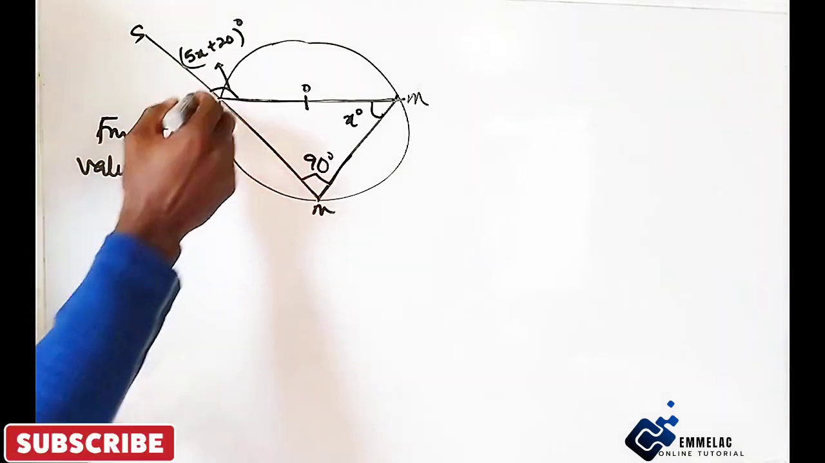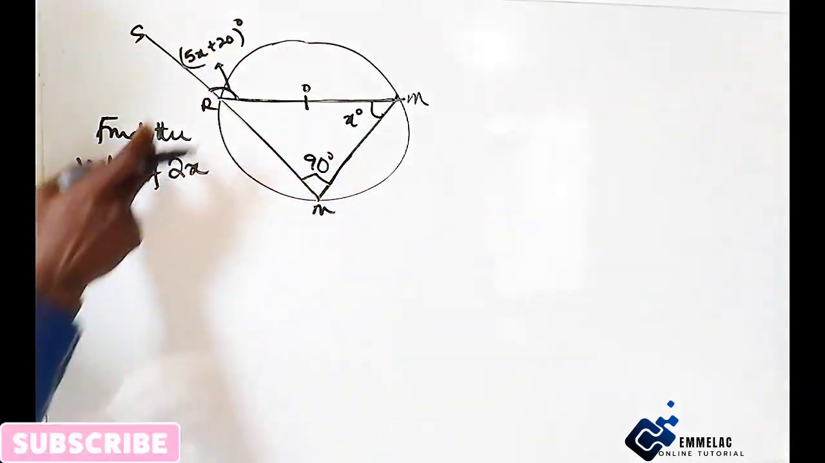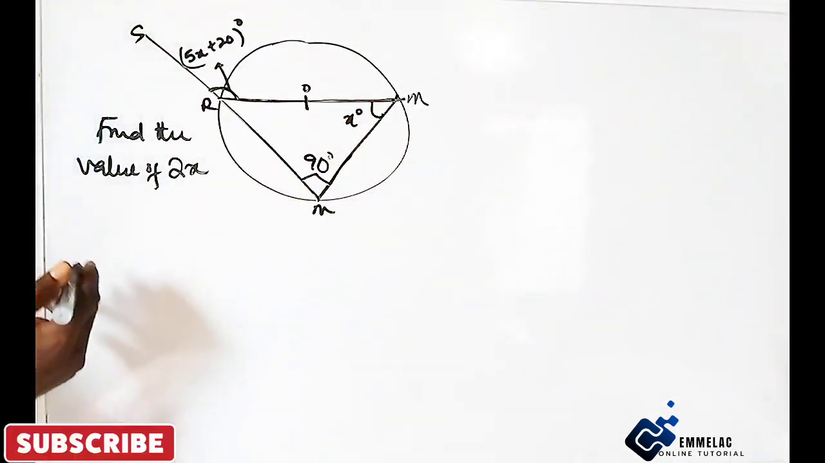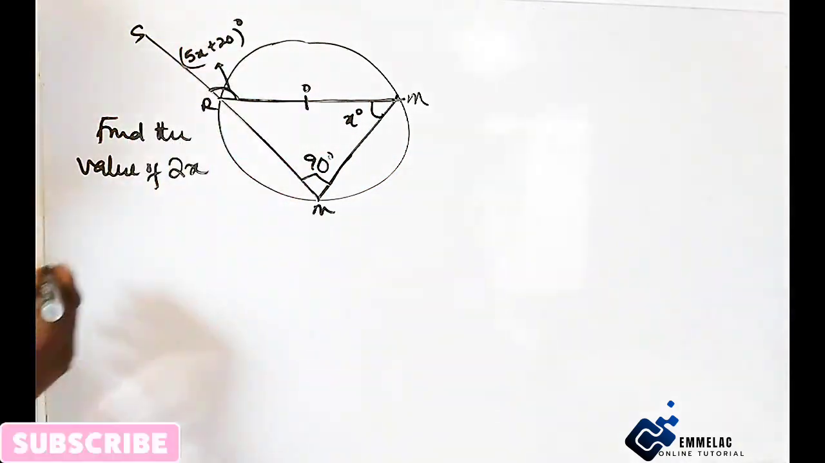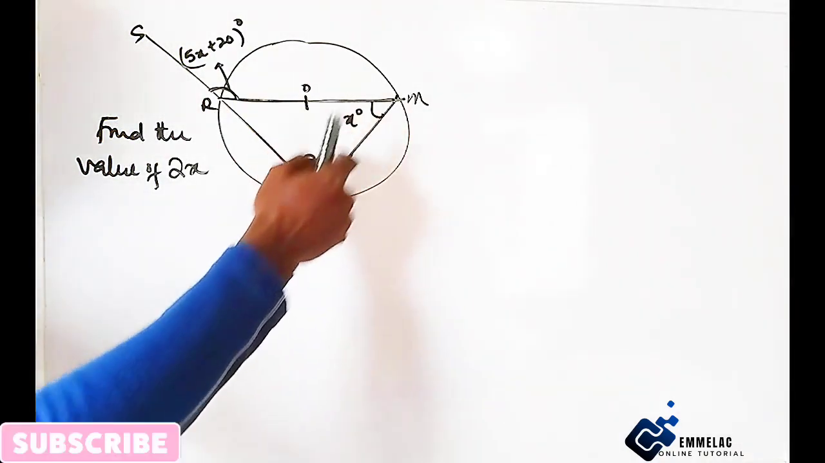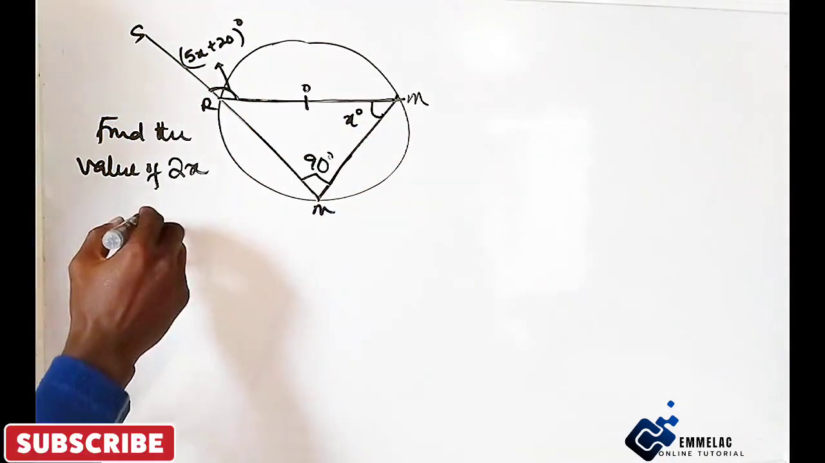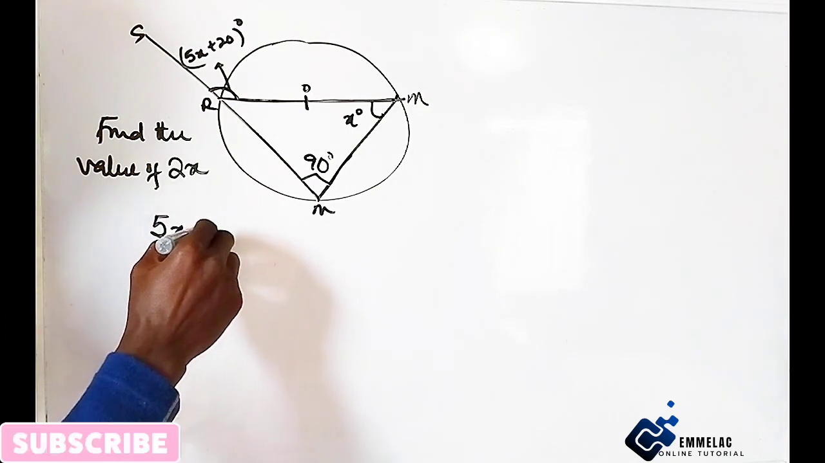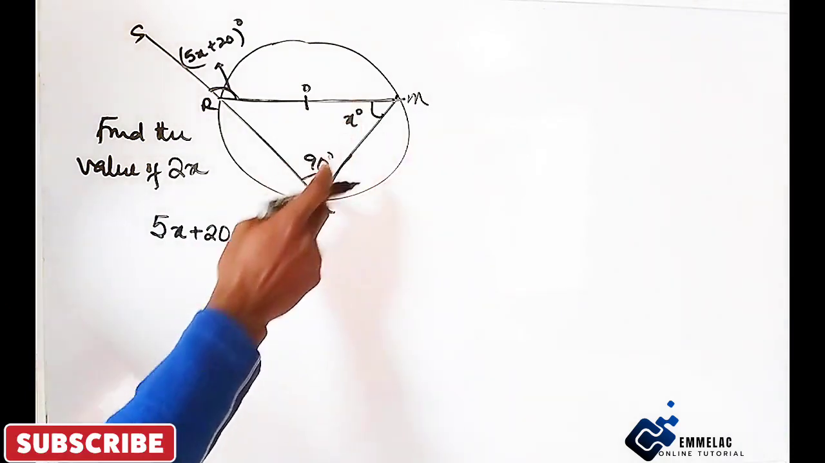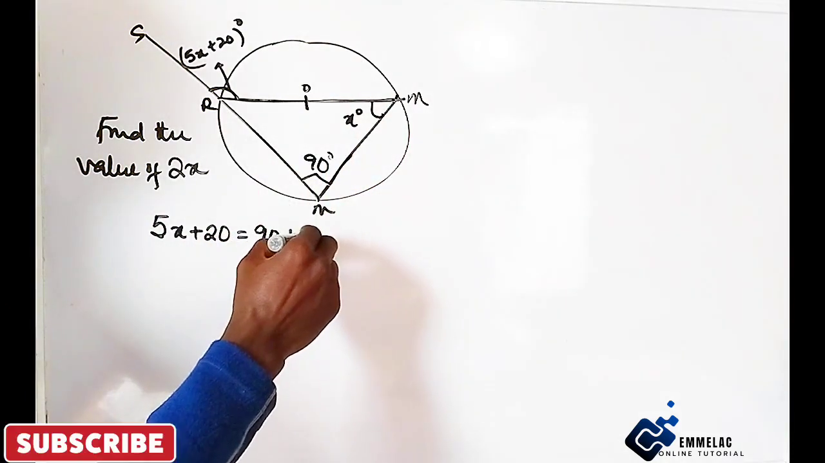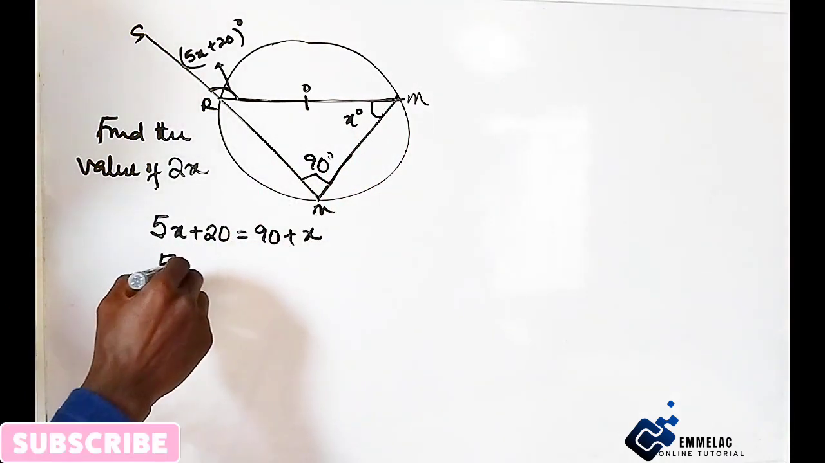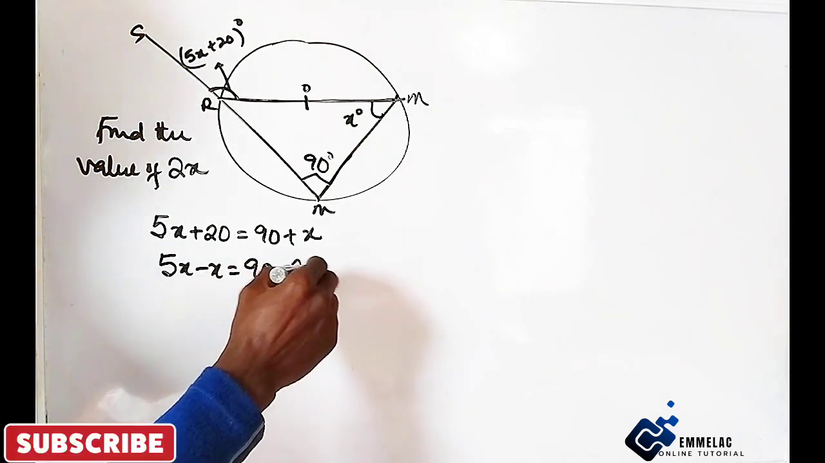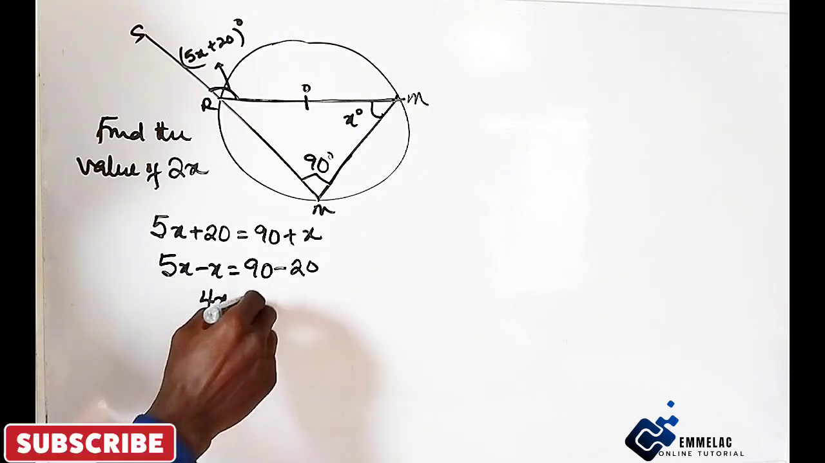All right. For us to calculate the value of x, we can equate this to these two opposite angles, using the law that an exterior angle equals the sum of the two opposite interior angles. So by so doing, 5x plus 20 will now give us the sum of 90 plus x. Collecting like terms, 5x minus x equals 90 minus 20. So 4x will give us